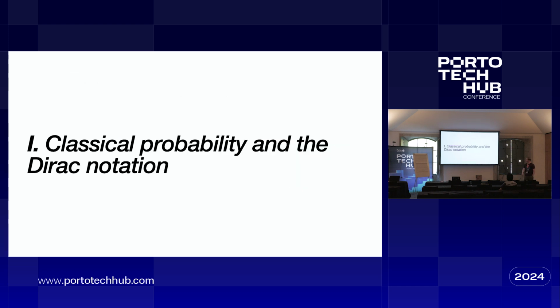For this first hour, I'm not going to talk about quantum at all. I'm going to talk about classical information and classical probability, and I'm going to introduce a bunch of notation. So this is going to be boring maybe, but it's also essential. It's essential because it's going to give you a point of comparison, so that once I start showing quantum states on the slides, you'll be able to see what is really the fundamental difference between quantum mechanics and classical probability.